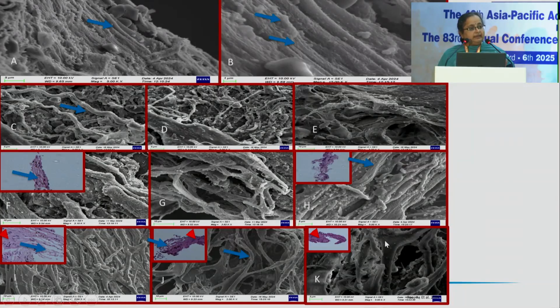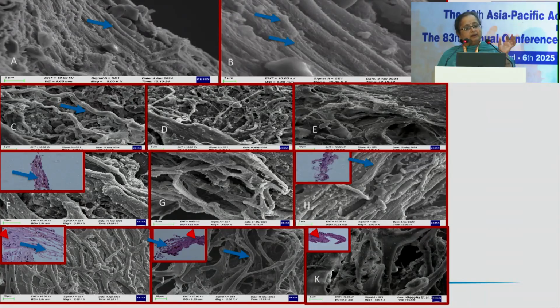But most importantly, even if you take a moderate to severe POAG, this is a sample from primary open angle glaucoma, both on histology as well as scanning electron microscopy, it is only the parts of your corneoscleral meshwork which are affected more, where I'm referring to the thinning of the trabecular meshwork beams. But in the juxtacanalicular region, the rounding off or the thinning is not so prominent, which is contrary to what we understand as the juxtacanalicular region playing the major role in resistance.